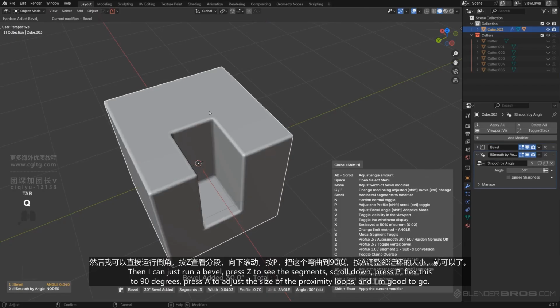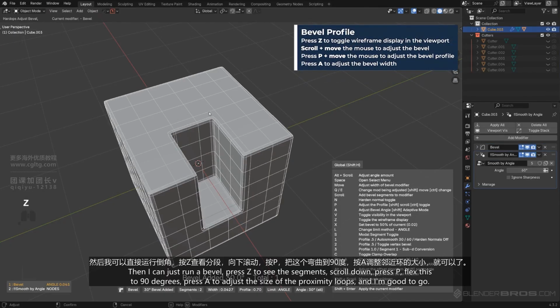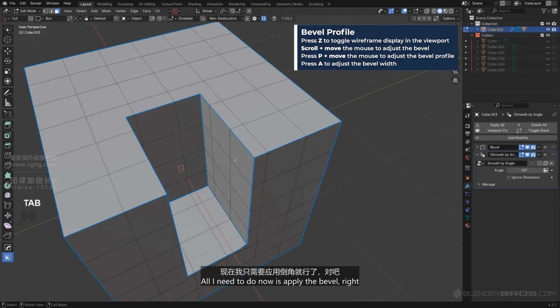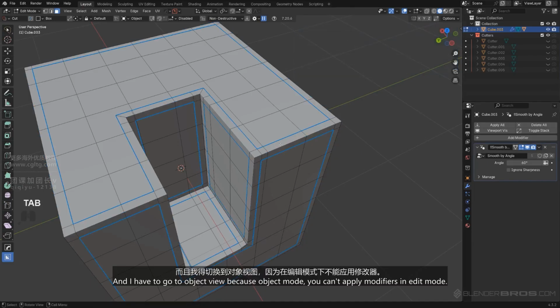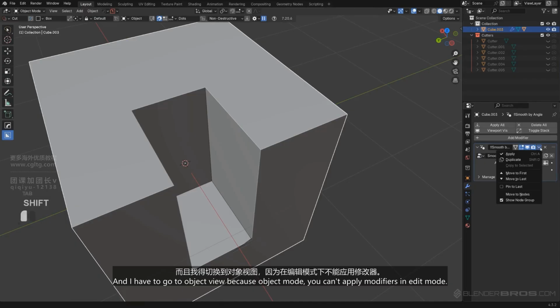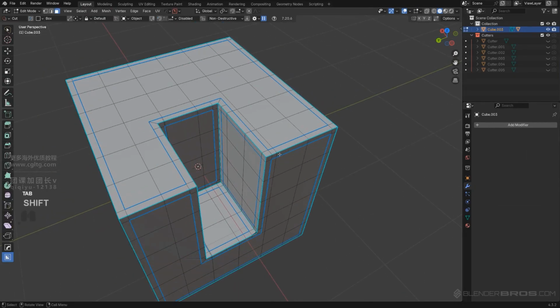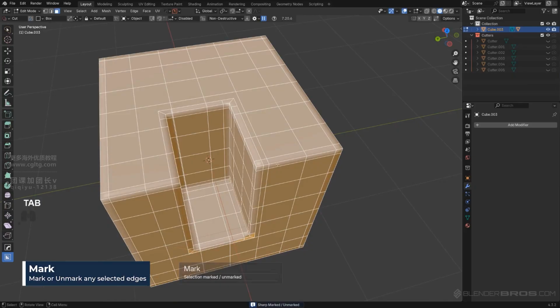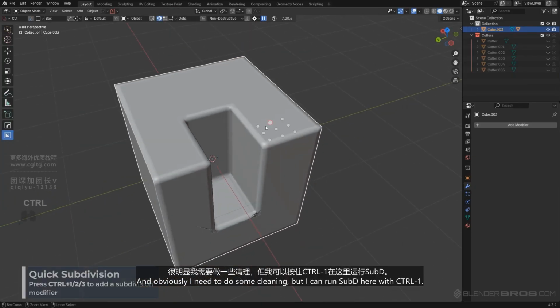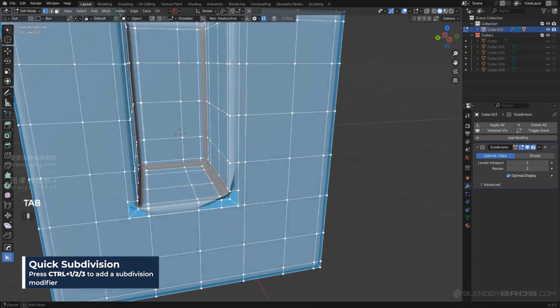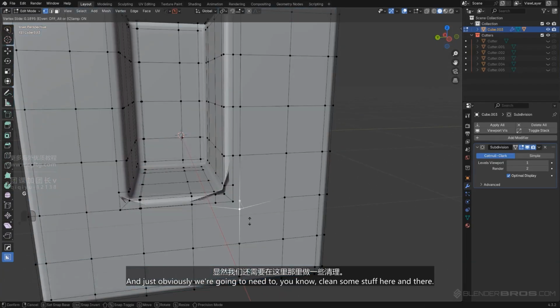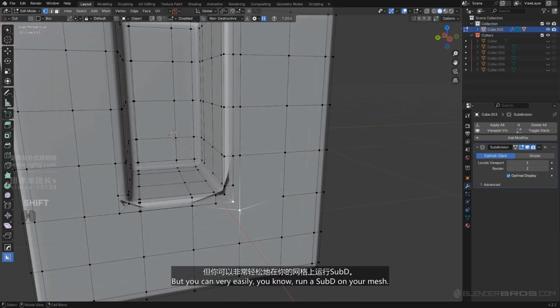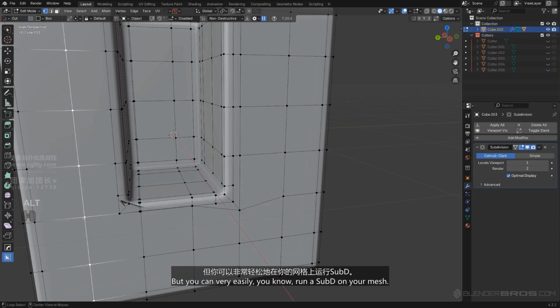Then I can just run a bevel, press Z to see the segment, scroll down, press P, flex this to 90 degrees, press A to adjust the size of the proximity loops, and I'm good to go. All I need to do now is apply the bevel, and I have to go to object mode, because you can't apply modifiers in edit mode. There we go. And you see you got these edges running on this mesh. Obviously I need to do some cleaning, but I can run sub-D here with Control 1, and while we're going to need to clean some stuff here and there, you can very easily run a sub-D